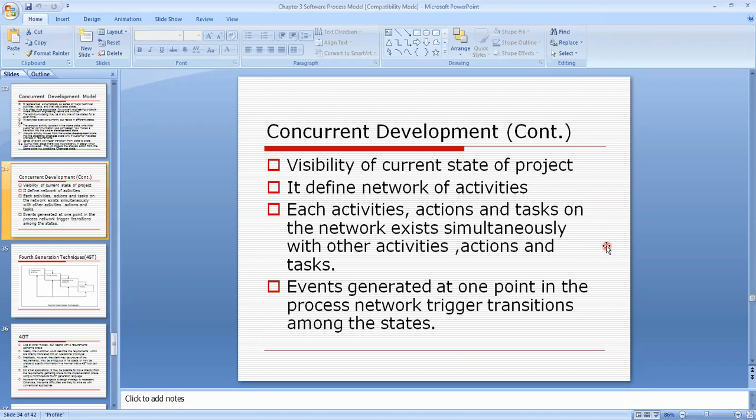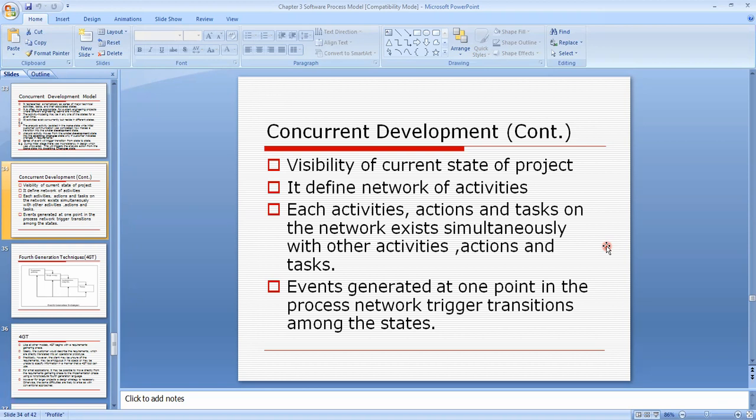Each activity, action and task on the network exists simultaneously with other activities, actions and tasks. Why is it called concurrent? Because these activities, actions or tasks are on the network, which means they exist simultaneously with the other activities. All the activities are going on in parallel, but they reside in different states.